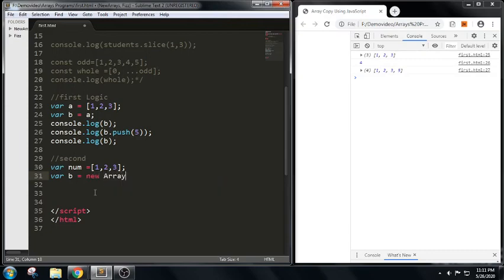So in this I'm trying to pass the length of a previous array, that is num.length. If you can see here, I'm trying to pass variable b equal to new Array, as an array constructor. I'm trying to pass the length, which is num.length, that is the array num's length. Now if I want to pass all the values of num into b, that is array b, I can use